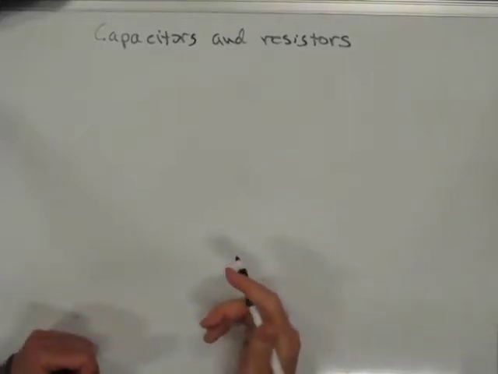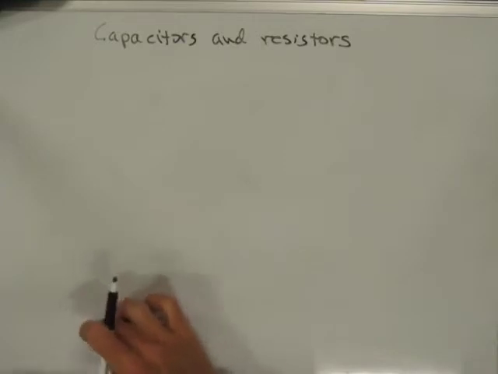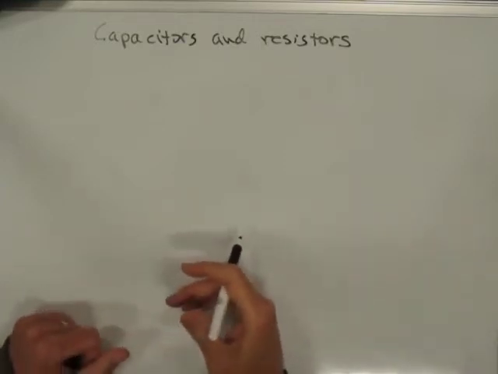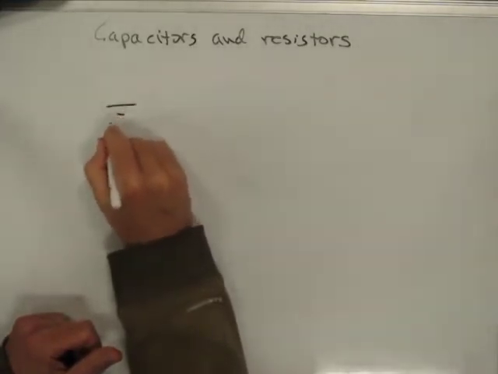So this section is on capacitors and resistors. We're going to look at what happens when you're using capacitors in circuits with resistors. They have to charge up and discharge, and so the simplest example we get is when we start